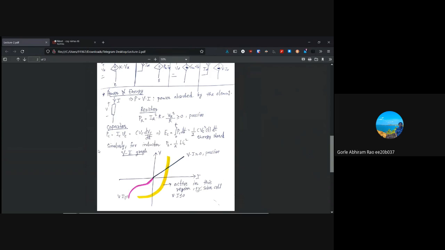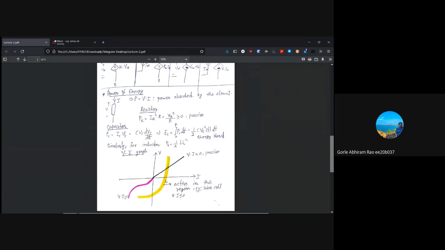Now, if you look at this example VI graph, this is a VI graph for some electrical element. These are different graphs, but let's say these are the VI graphs you have for a particular set of elements. In the region where the product of V and I, that is the passive power, is greater than or equal to 0, the element has passive behavior, or the element is a passive element. So in the first and third quadrant, the element will have passive behavior, but in the second and fourth quadrant, where the product of V and I is less than or equal to 0, the element behaves like an active element.